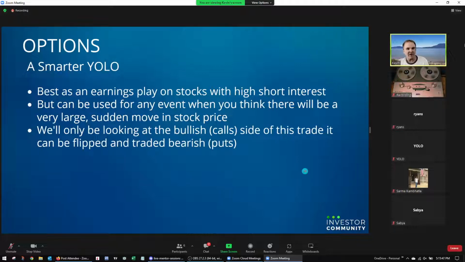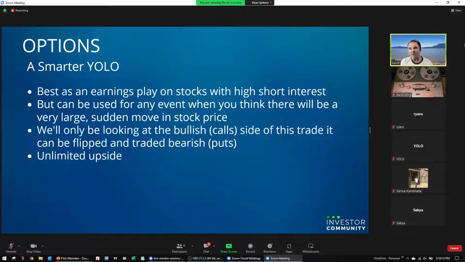We'll only be looking at the bullish side of this trade, so that'll be the call side. If we have time later, maybe we'll look at the bearish way of doing this with puts. You can flip it and trade it bearish by using puts instead of calls, and I think that'll be pretty obvious how to do that once we get into this.